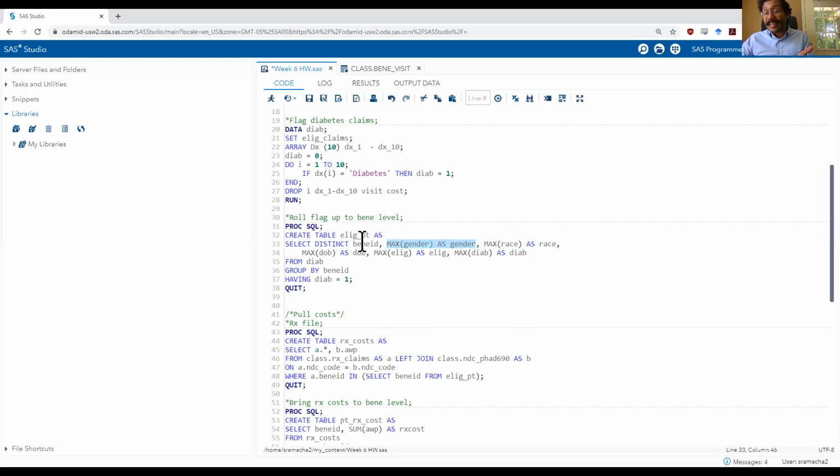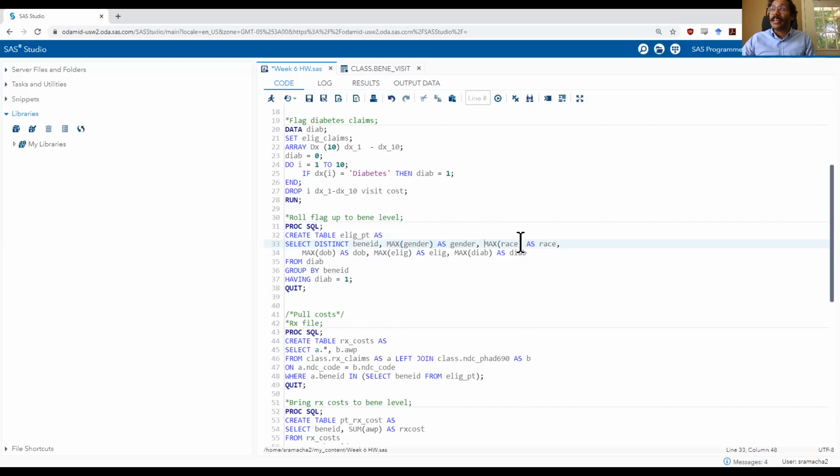Gender is already a Benny level variable, but I'm using the max function anyway in order to follow good coding practices. If I don't use the max function, and if I have imperfections in my previous merge, or maybe some missing values or some other imperfections in the data set, that can throw off the group by statement. And I want to be careful to not do that. Even though in this particular case with 51 rows, I know there are no imperfections, when you're working on a data set with hundreds of thousands of rows, those imperfections are pretty common. So I want to use this summary function max on the gender variable in order to make sure I account for those mistakes.